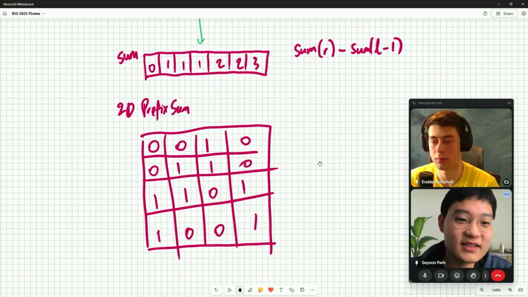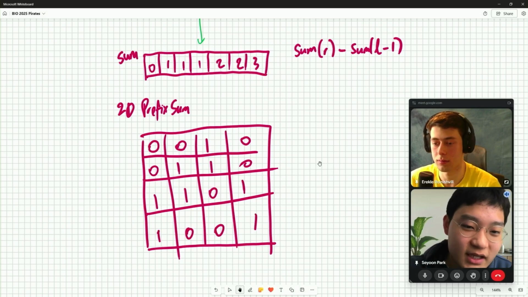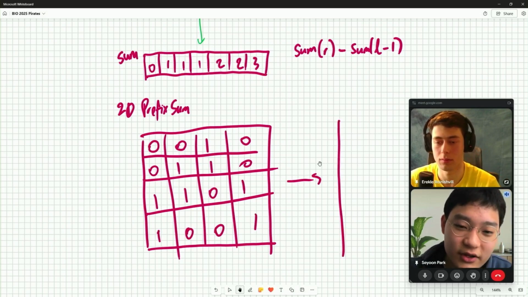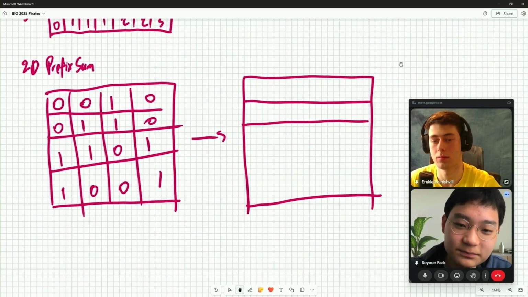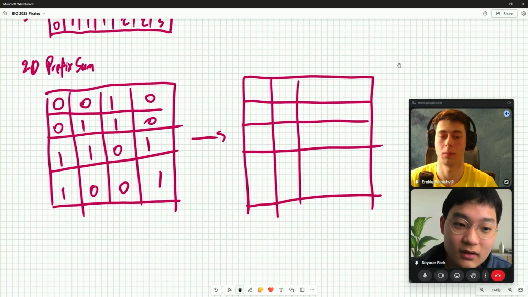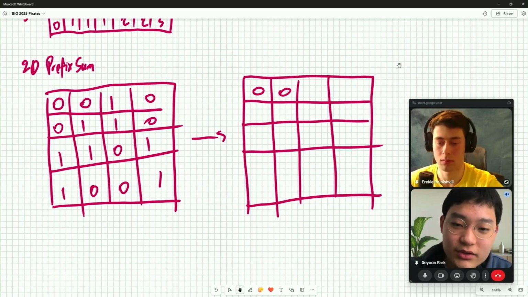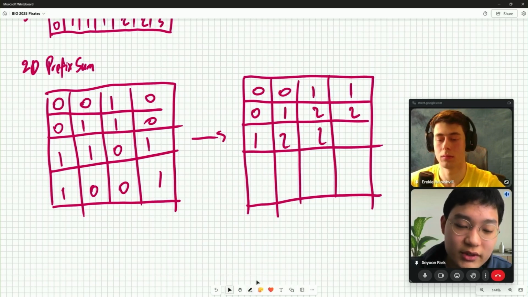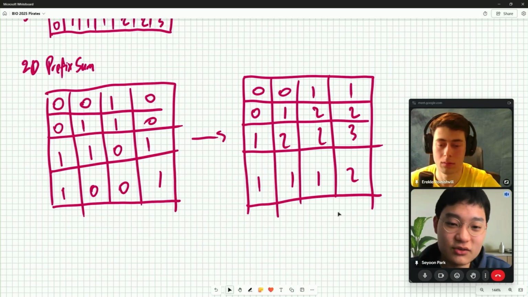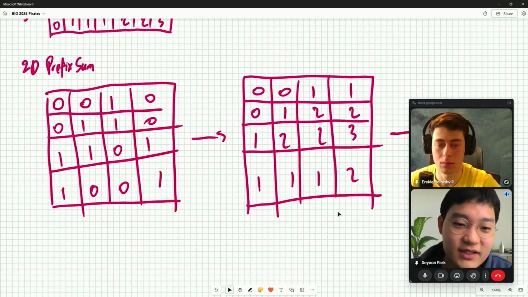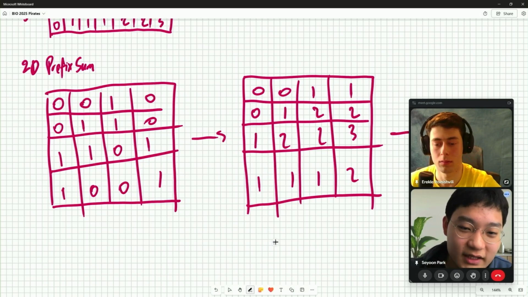We can first do 1D prefix sum on each row, so each row will become a cumulative sum: 0, 0, 1, 1, 0, 1, 2, 2, 1, 2, 2, 3, 1, 1, 2. And then you can do a prefix sum on the columns, so you go vertically.